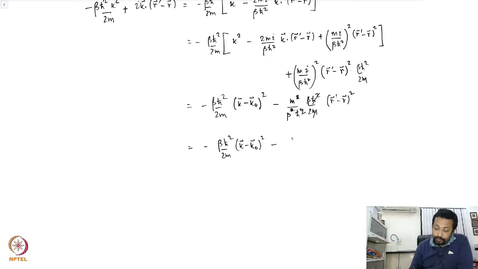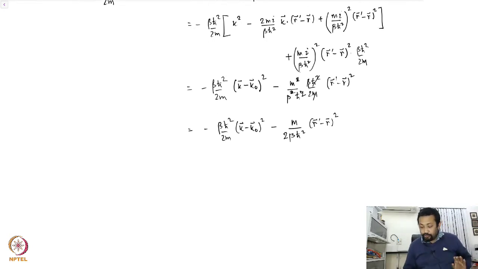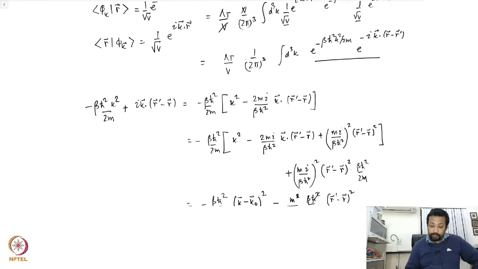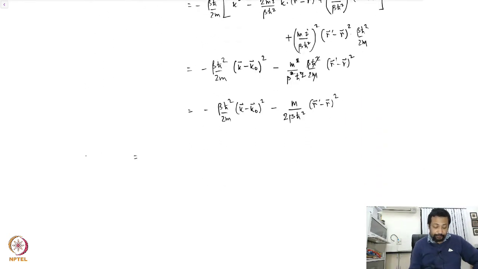So I have m over beta h bar squared times half (r prime minus r) whole squared. So a little bit involved algebra, but nothing which you cannot do, nothing which is not doable. So your integral over here now is very nicely